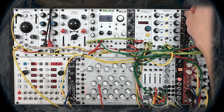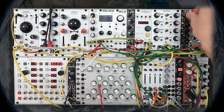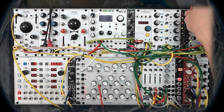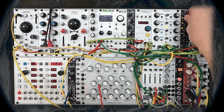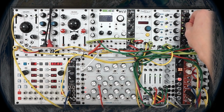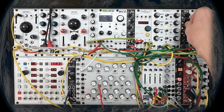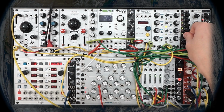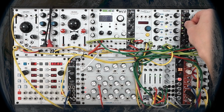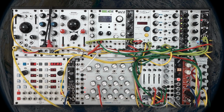The low pass, high pass. Resonance. Oh, that gets dirty. Bring in some of that frequency modulation we played with earlier. Oh, that's pretty static. I want something that sounds more like...